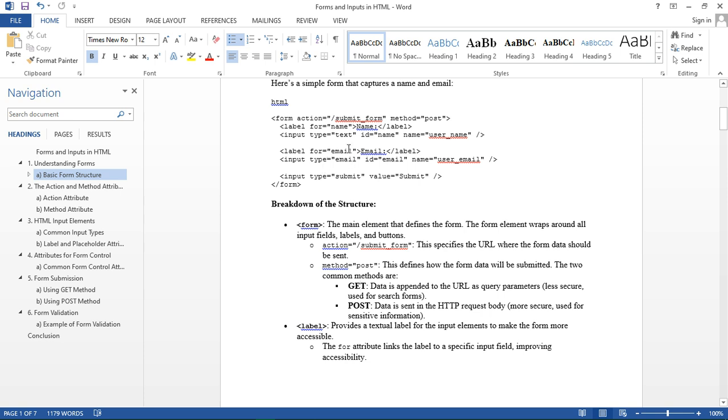So this form now has something that's called for. So whatever these four houses means, four houses name, and the next thing that house for the ID is name. That is, you are telling me that if a developer like me is reading your code and I see for, and the for has name inside, then I see an ID that says name, I will know automatically